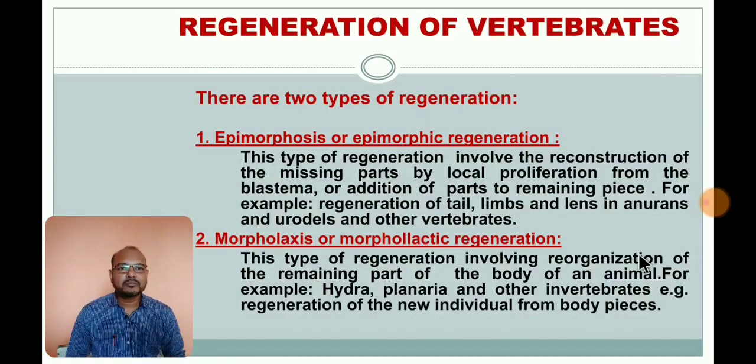In the regeneration of vertebrates, there are two different types: epimorphosis or epimorphic regeneration, and morphallaxis or morphallactic regeneration. Epimorphic regeneration involves the construction of the missing parts by local proliferation from the blastema, or addition of parts to the remaining piece. For example, regeneration of the tail, the limbs, as well as the lens in anurans and urodeles